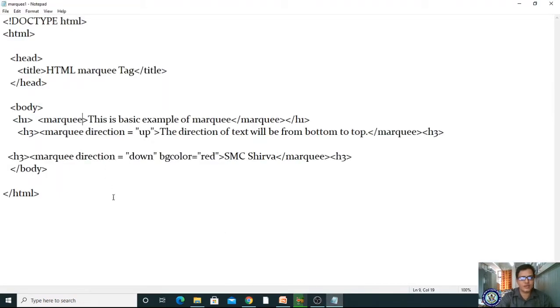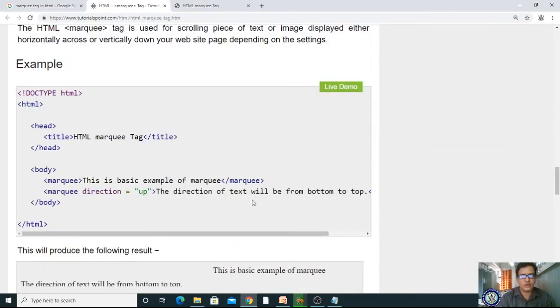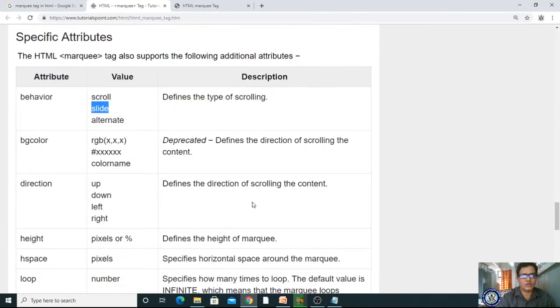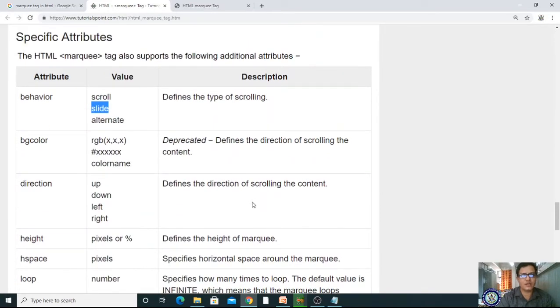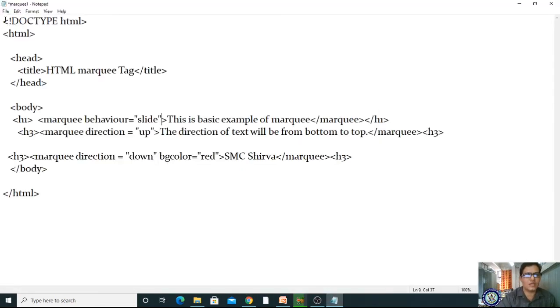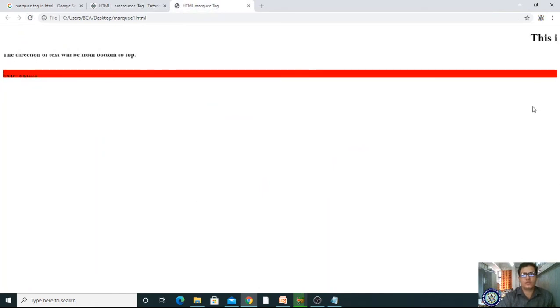Let me make the marquee behavior attribute. For that, what am I giving? Slide. If I give slide, what happens? Please observe carefully. I'm saving, coming to the browser, and refreshing.